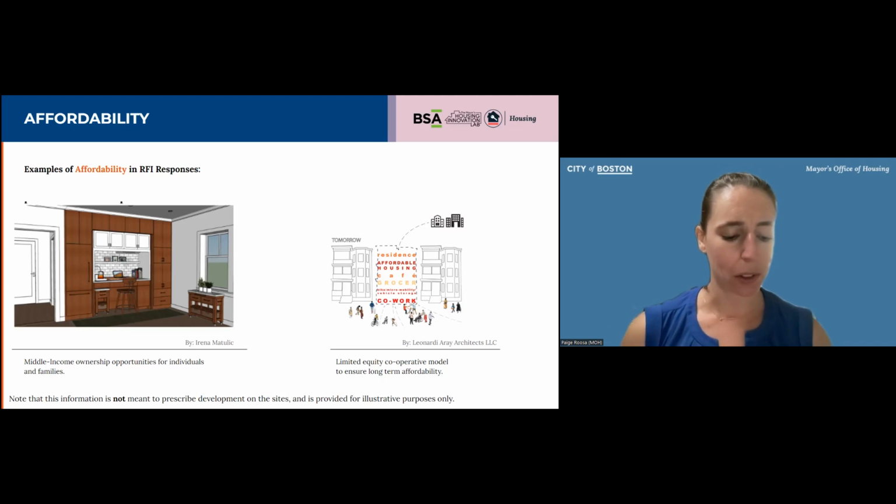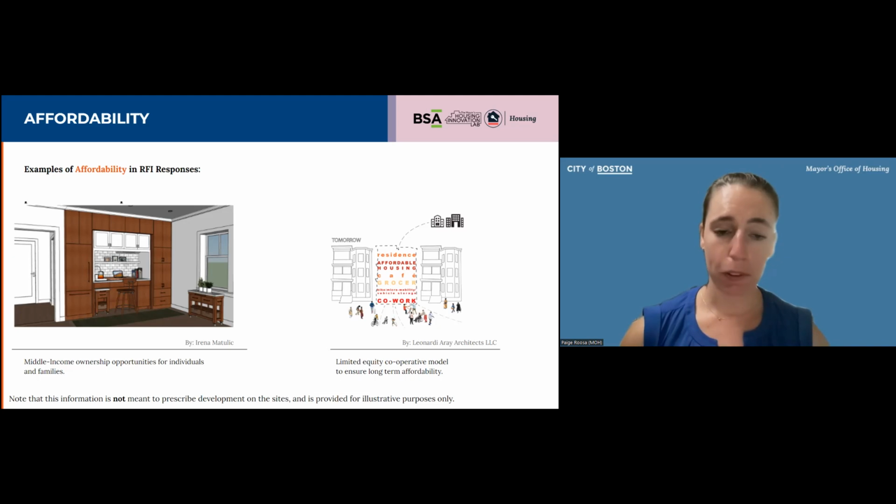That would be for a household of 3 in Boston. So we're looking at soliciting proposals that include ownership opportunities for households earning between 80 to 120% of area median income. When we're talking about what affordable homeownership means, consistent with the guidelines for our lenders that work with the Boston Home Center's financial assistance program, we define affordable homeownership as that in which your monthly mortgage payment, which includes principal, interest, taxes, and insurance, doesn't exceed 45% of a household's monthly income.